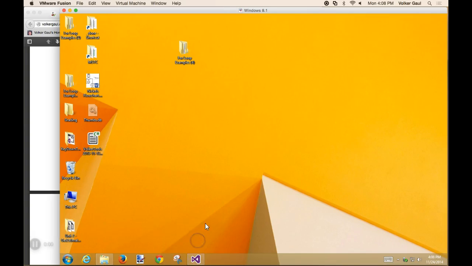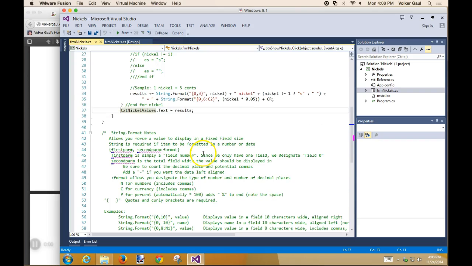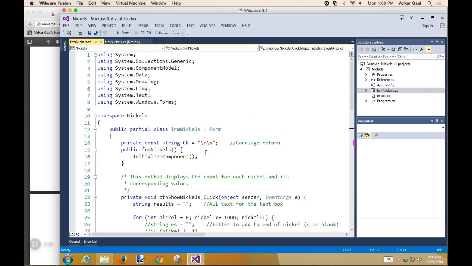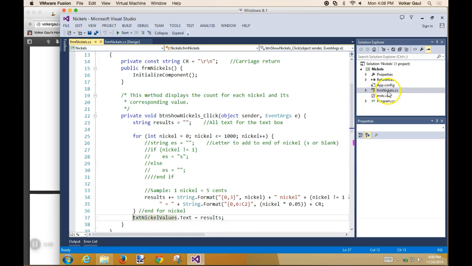All right, today I just want to do a review of what we talked about last week first. So I'm going to open up the Nichols program. I'm going to walk through that real quick. Remember, the form itself has one little tricky part to it,